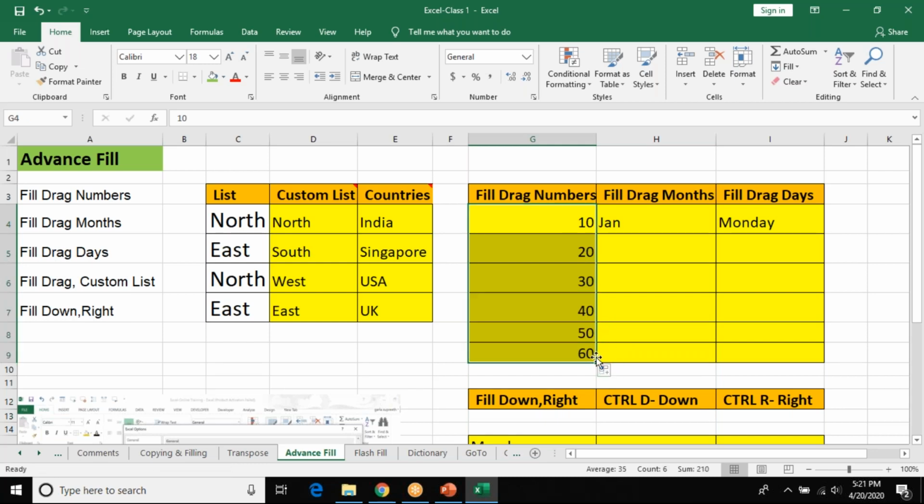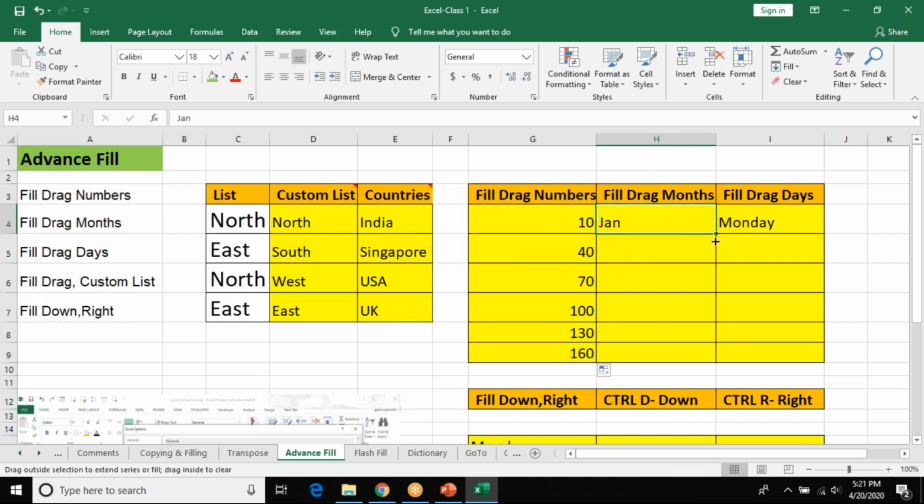So it gives me 40, 50, 60, because you have to give some information to Excel. So 10, next will be, say, 40, a jump of 30. Now I'll select only these 2 cells and drag it. See what happens: a jump of 30, jump of 30, jump of 30, because it could understand from the first 2.